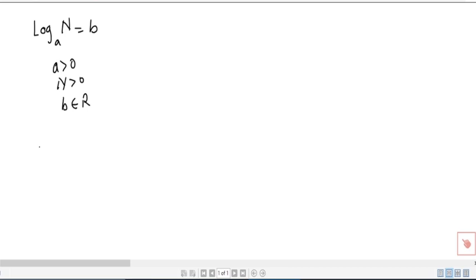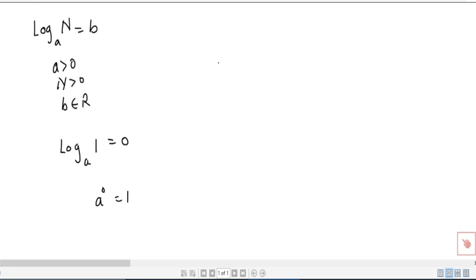So after talking about the facts, we will talk about the properties. Let's talk about this fact that log at any base a of the number 1 is always 0. What does it mean? It means that if you take a to the power 0, you will get 1. Simple thing. You know this from previous classes also.